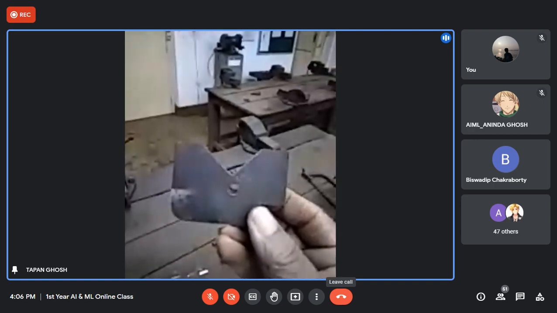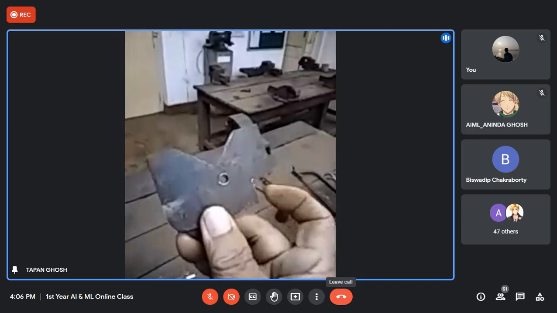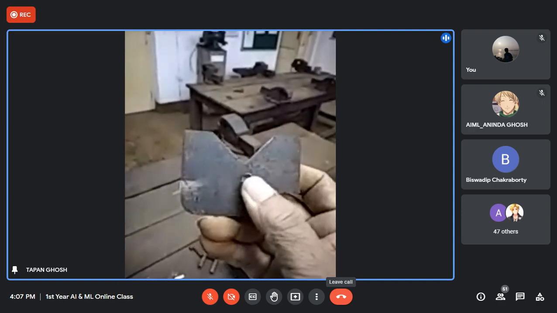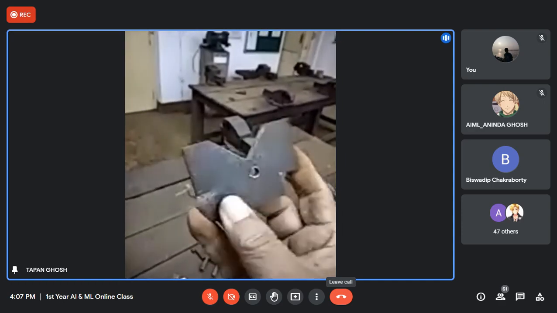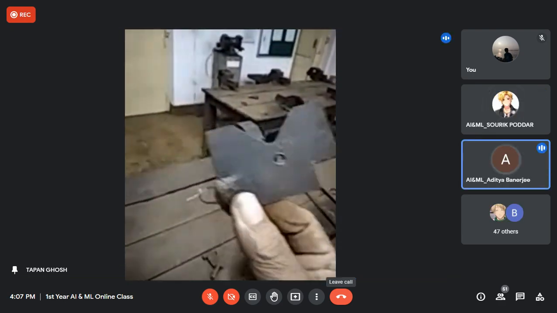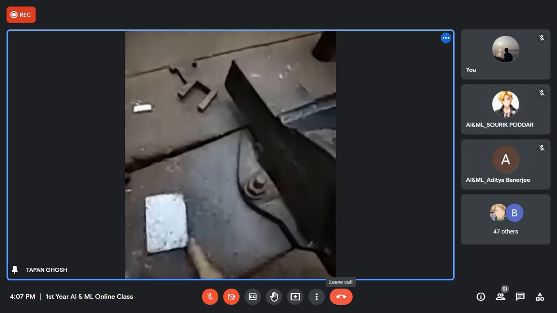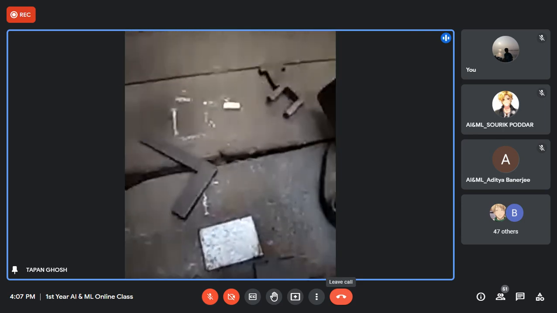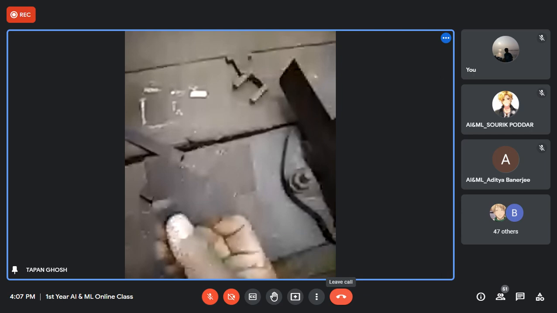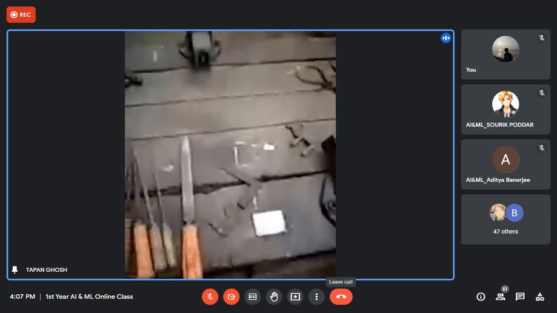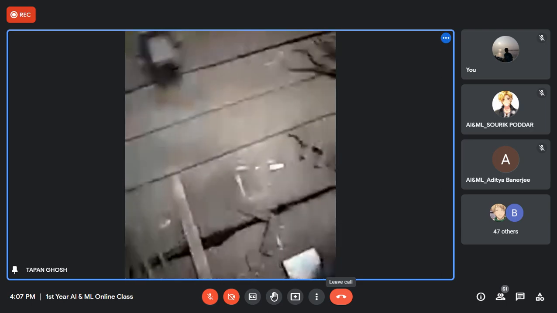This is another job here. This is a rectangular cut, this is a V cut, and this in the middle is a drill. Can you see this? Yes. Yes, sir. This is the raw material, and after cutting and filing, this is the final product. I'll show you how to cut with files and with a hacksaw. So please see.